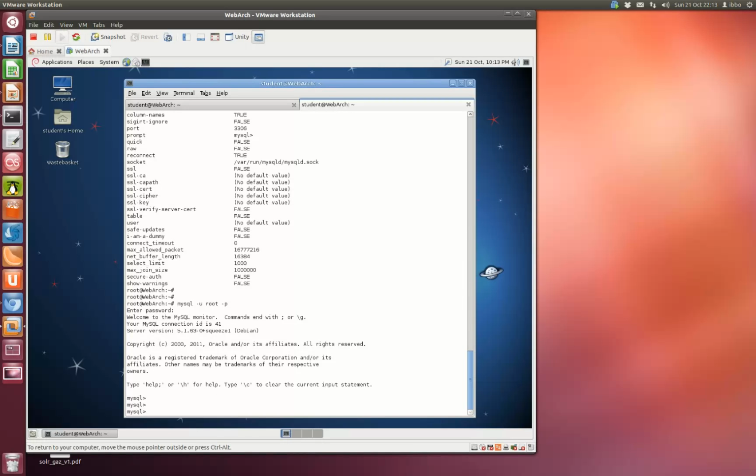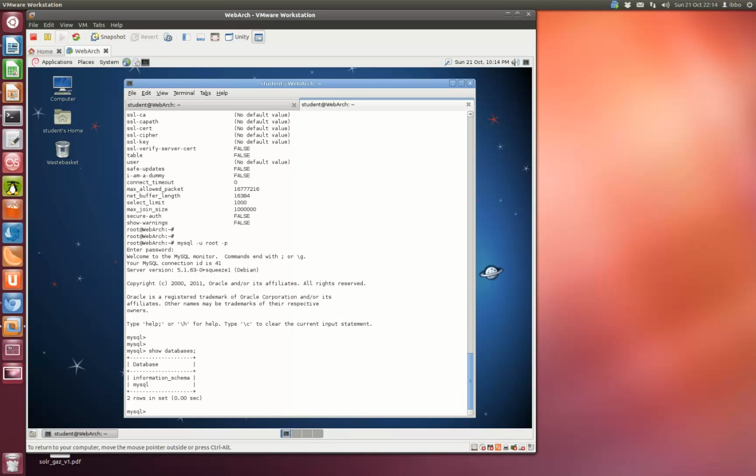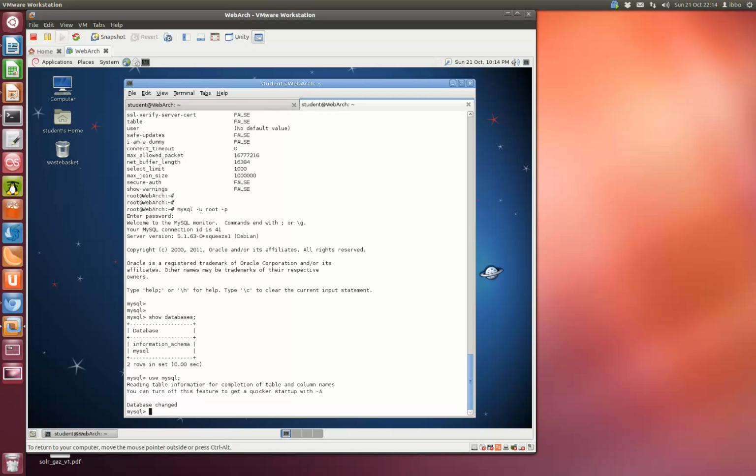Okay, and we can see that we've got the MySQL database here. You get the copyrights, obviously, from Oracle, because Oracle now own MySQL. So, some MySQL commands that you might like to have a play with, you can say show databases. MySQL manages schemas and calls them databases, essentially. We could say use, which will allow us to switch between schemas, so we can use mysql. The mysql database listed here is essentially the set of system tables, so the meta tables for the database, if you like. I could say show tables,